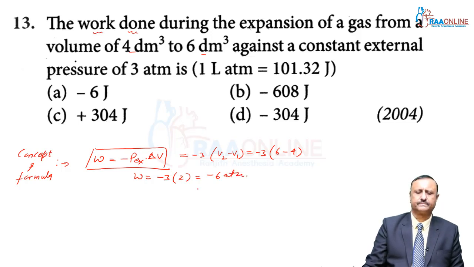So my dear students, you can change this atmosphere into liter atmosphere and multiply by 1 liter atmosphere equals 101.32, and it is converted to joule. So minus 6 into 101.32, then my dear students, you can multiply this and you get minus